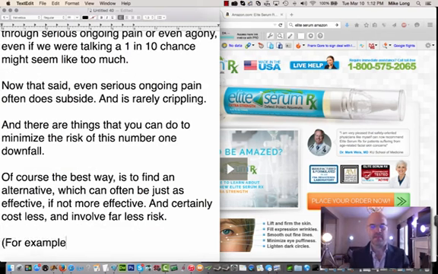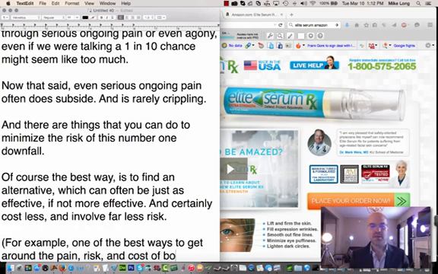For example, one of the best ways to get around the pain, risk, and cost of Botox